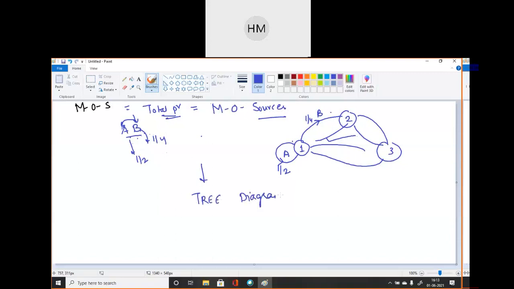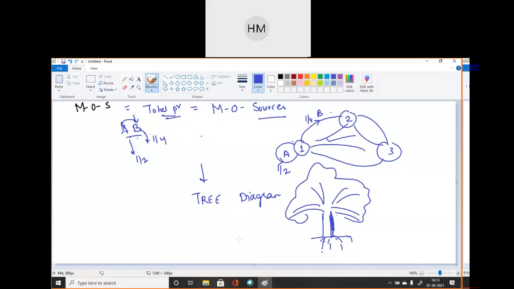Tree diagram means, we all know what a tree is. It has one main stem, these will be the roots, and this is the main stem of your tree. Then we will have different branches coming out of that. Yes or no, students? A tree diagram is similar: you will have only one source, one root cause, then we will have n number of branches producing some fruits.